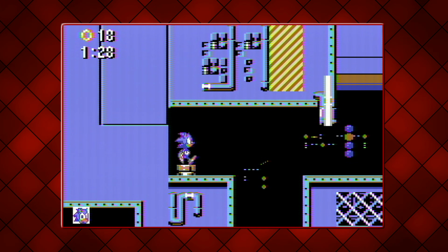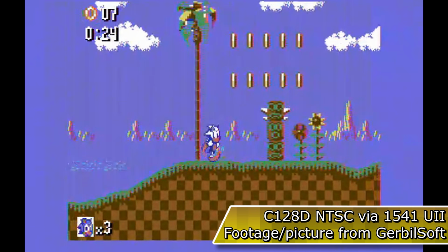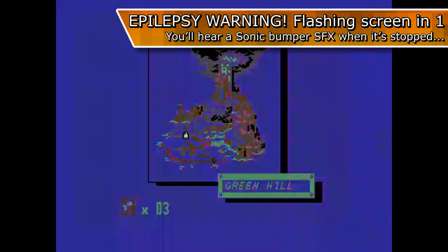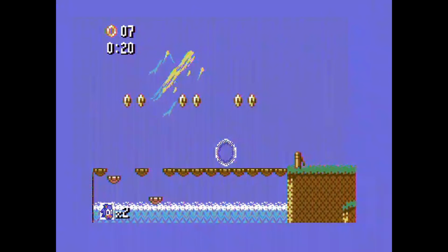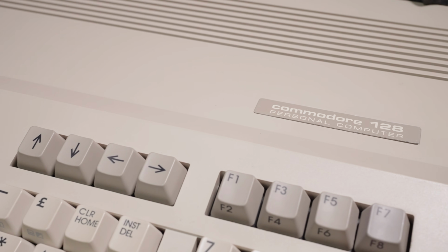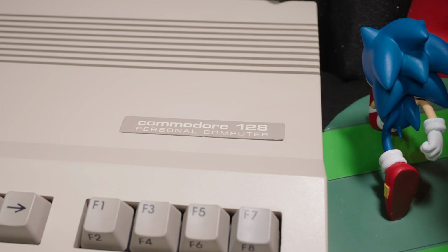Here, I can't! My friend GerbilSoft has the 1541 Ultimate 2, and when used on the C128D with the inbuilt accelerator, the game never got far, and without the accelerator, as you can imagine, tearing. I was hopeful for the 60Hz version on the C128, but it turned out to be the worst out of the bunch. And I'm ready to give my rating. I'm sure I'm going to get some angry comments over this, but...